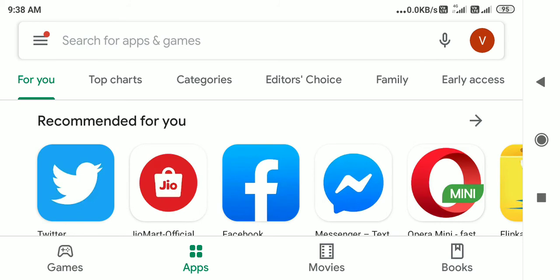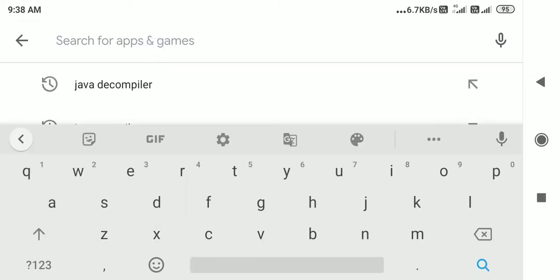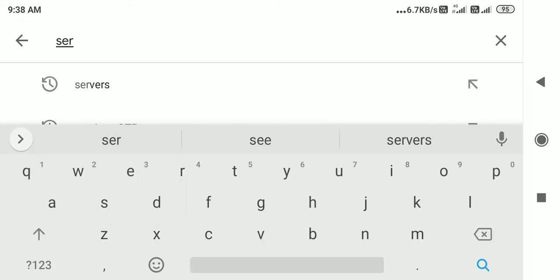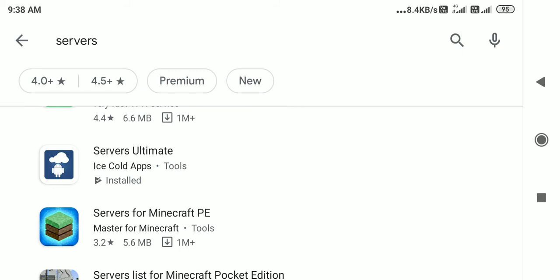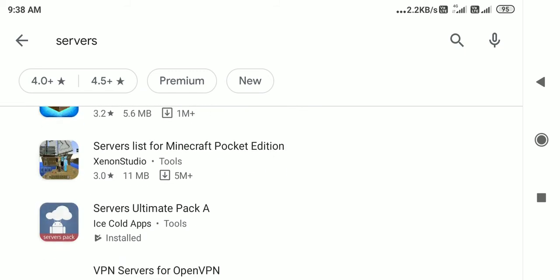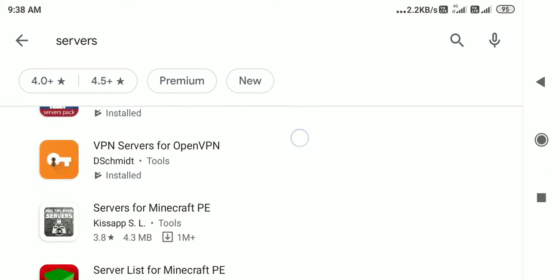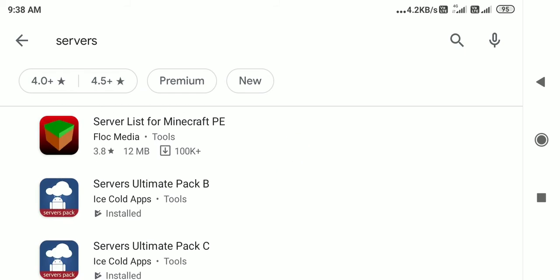So we say service, okay, server search, okay. Now we saw what the Service Ultimate was, the package that was used. For that, the package was package B, service pack A. This is the service pack A. Pack B was the one which we decoded and found out what was there.